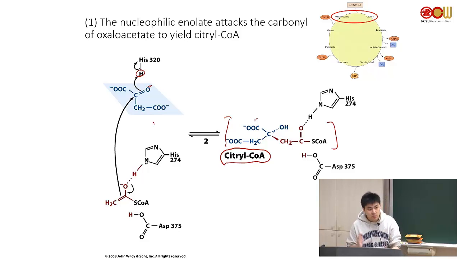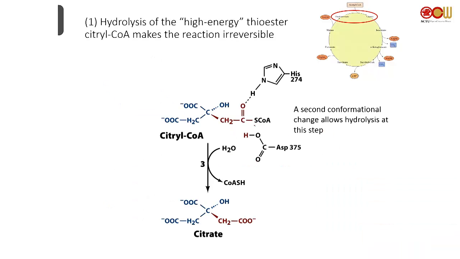Then what is driving the formation of citrate? It's essentially this: you do the hydrolysis of the high energy thioester citryl-CoA that makes this reaction irreversible. It turns out it's the hydrolysis of coenzyme A, CoA, that will,